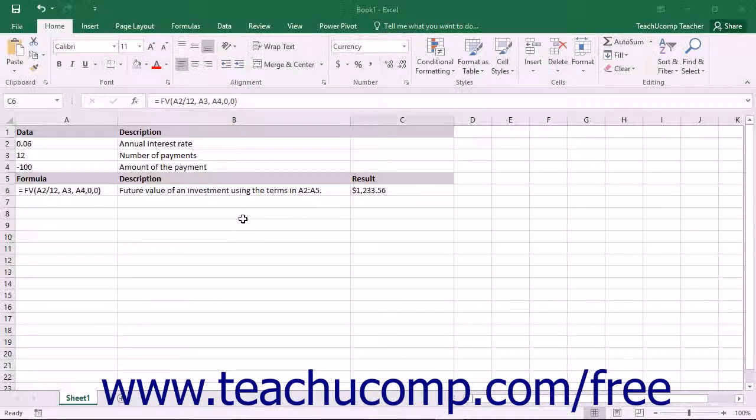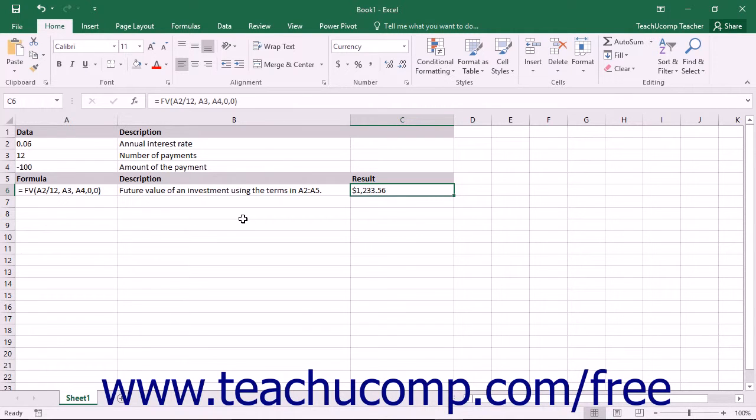www.teachucomp.com/free. The next function that we will be learning about is the FV function. The FV function assists you in determining the future value of an investment based on periodic but constant payments with a constant interest rate. The future value is the total amount that a series of payments will be worth at a specified future time. For example, if you saved $100 a month over 1 year into an account that earns 6% interest, the future value in a year would be